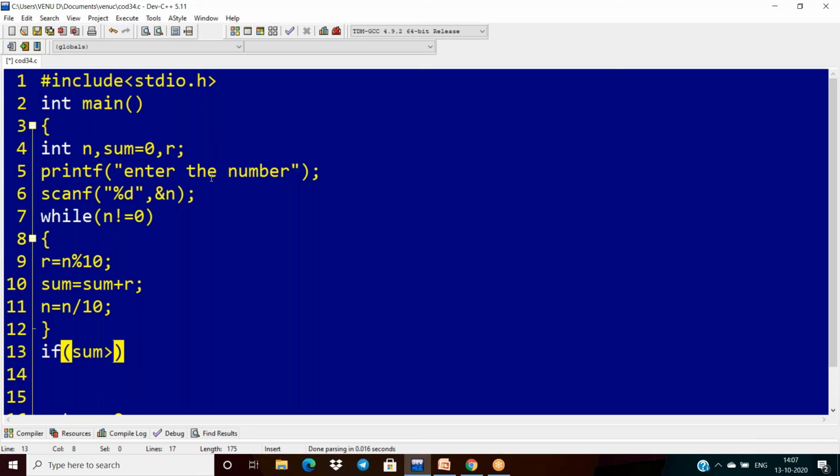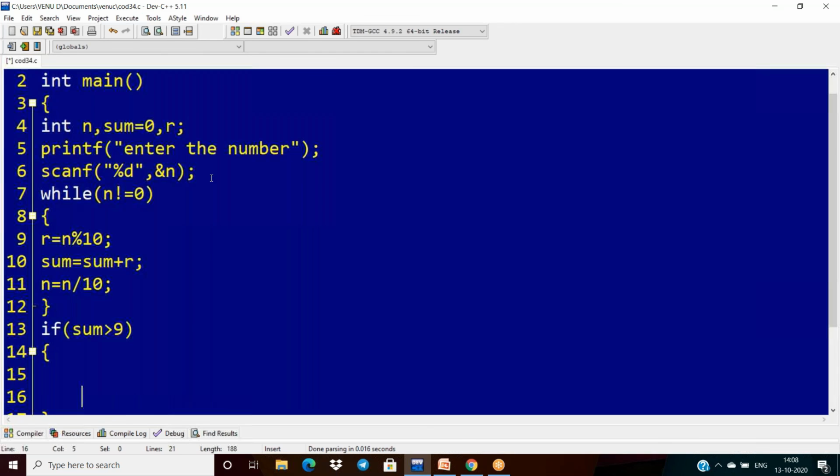A number generally starts from 10 onwards. So that is why if sum is greater than 9, initialize again sum equal to 0, then call the sum label.